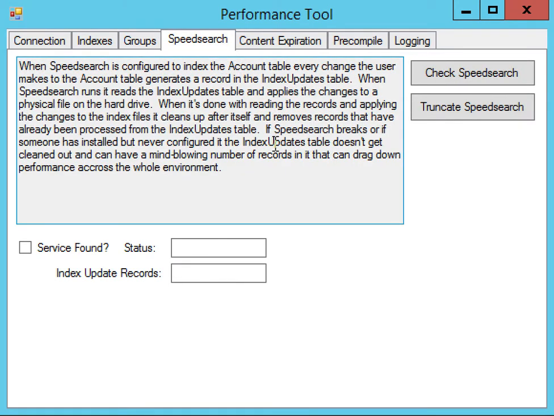Speed search is another part of Saleslogix that does require some maintenance. For the most part, it works all by itself without maintenance, but we have found that from time to time it should be truncated. And so we check on the service found and then check speed search button. And you'll see that it is running, so it did validate that it is running, and it recently updated 8